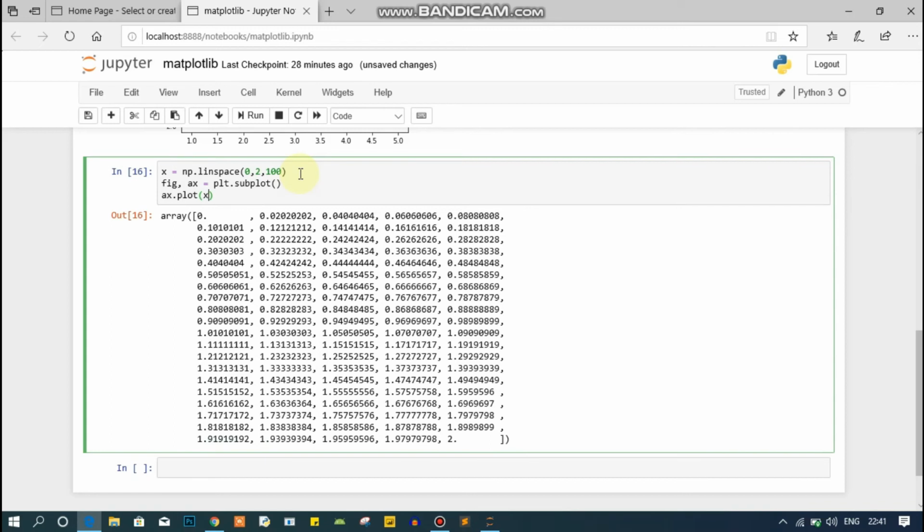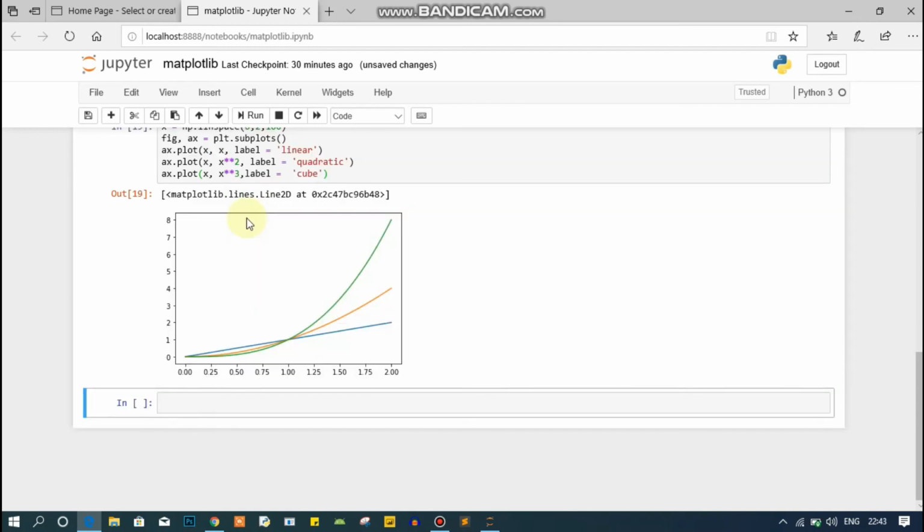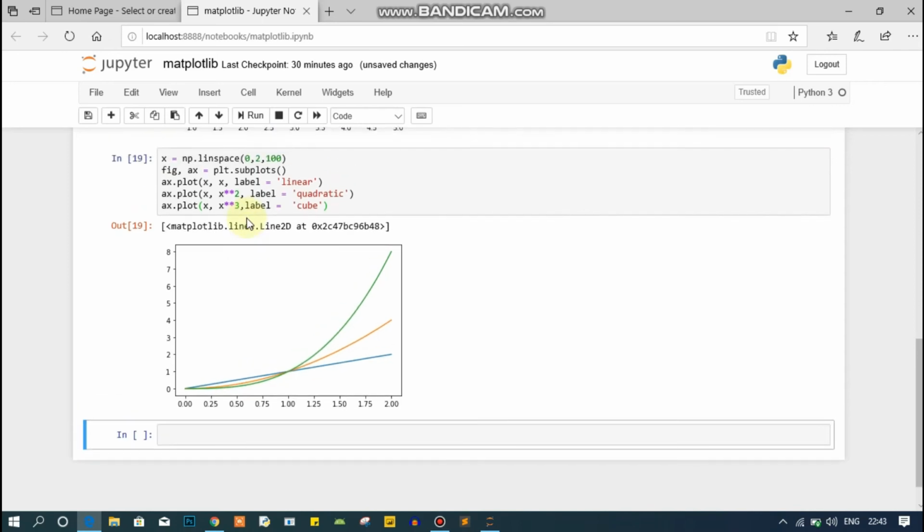I will pass x values as x, y as x, and label linear. So here you can see that I have created a simple plot using ax.plot.